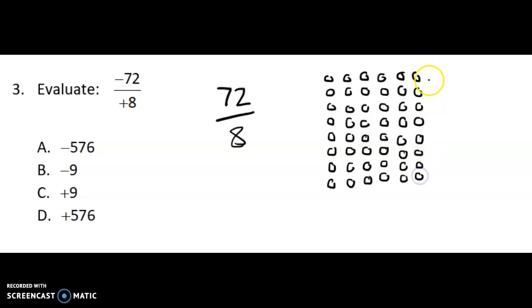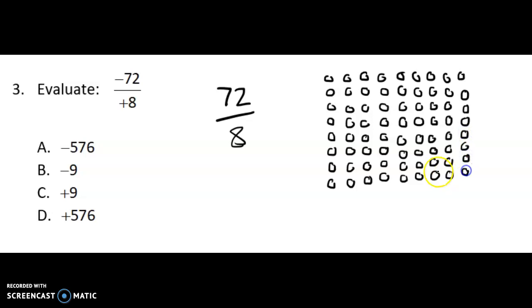And 48. So what you'll see that I'm doing here is really I'm just counting up all the way to 72 by 8s. Almost there. There's 64. And one more group will give me 72. So if I count up these groups, I've got 1, 2, 3, 4, 5, 6, 7,